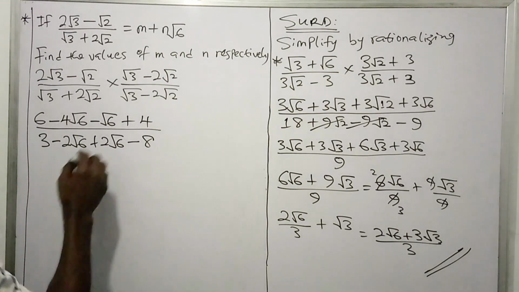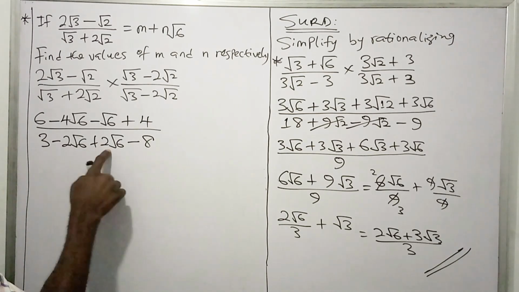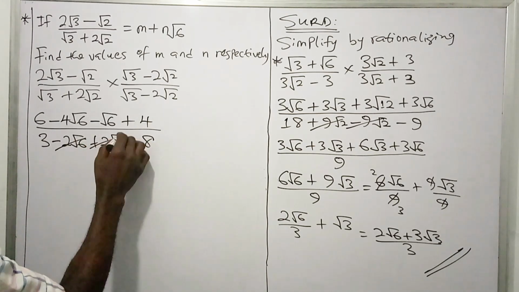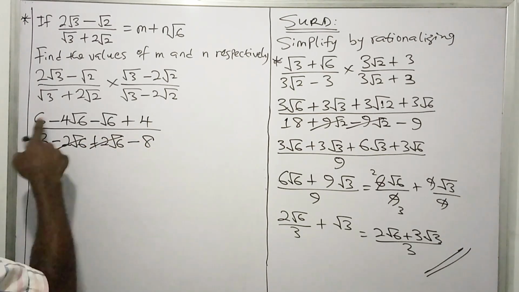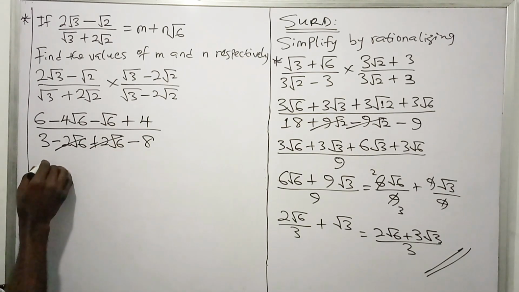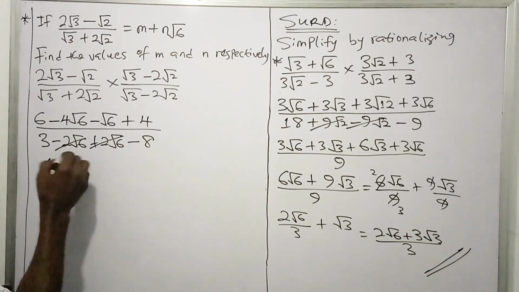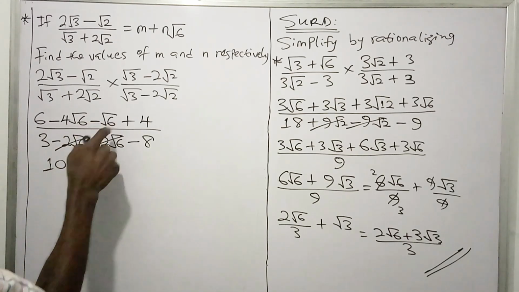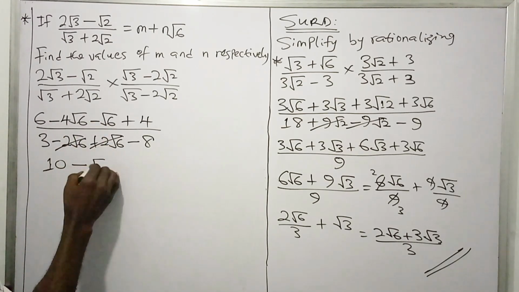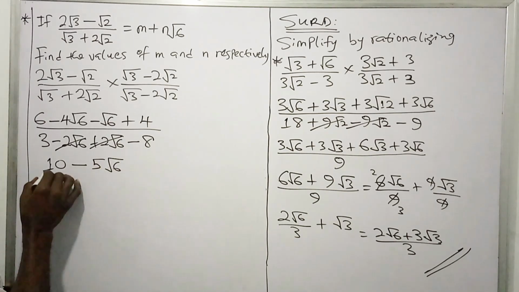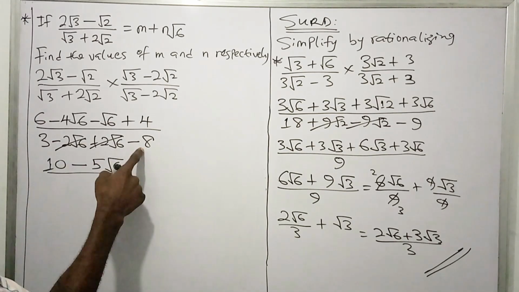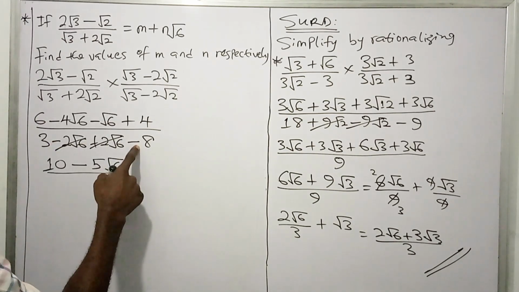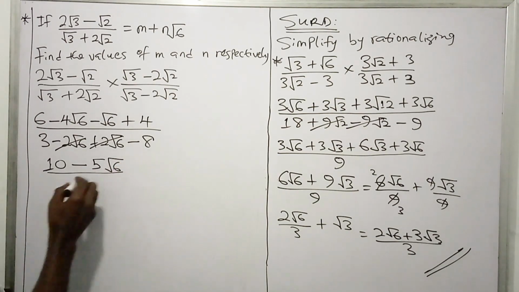Okay, so from here, positive 2 root 6 and negative 2 root 6, both of them will strike out because that's 0 already. Then the numerator, we have 6 plus 4, that's 10. Then minus 4 root 6 minus root 6, that'll give us negative 5 root 6. Then at the denominator, 3 minus 8 should give us